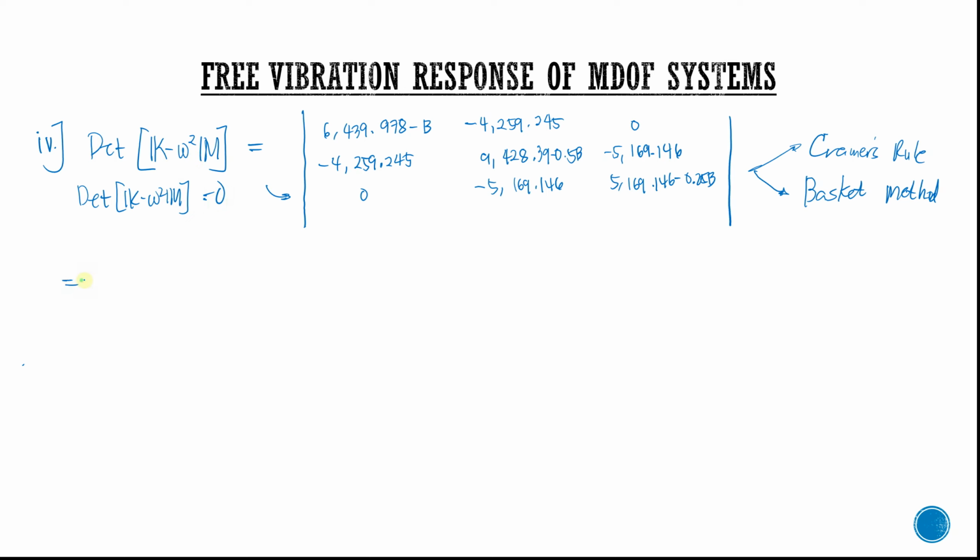So we have here the determinant, we will obtain a value of 6,439.978 minus b times the 9,428.39 minus 0.5 b times the 5,169.146 minus 0.25 b plus 0. So I'll just write here 0 because one of the items there is 0. Any number multiplied to 0 will become 0. And then we have a plus 0 and then a minus